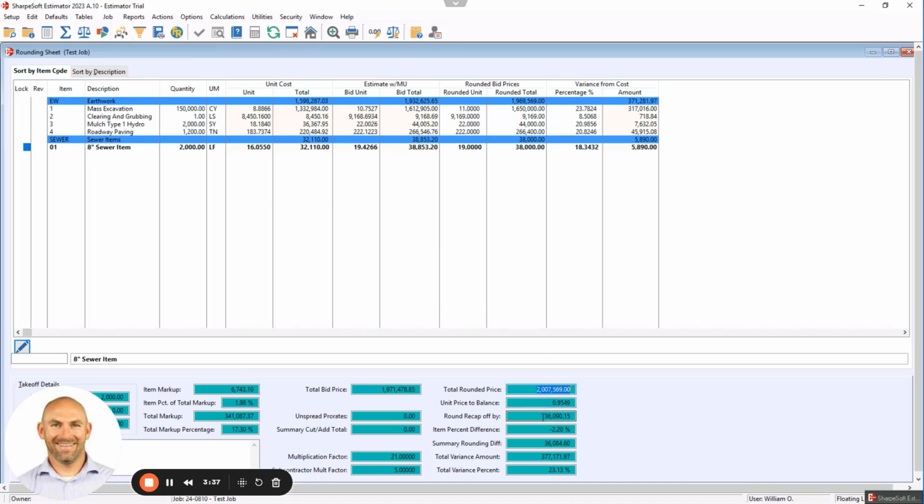But now I'm off by $36,000 because this one should be $10.75. So this is my unit price to balance. So 10.75. Now my job is $1,070,000. It's off by $1,400. So I could move money around in my bid based on the rounding sheet and still